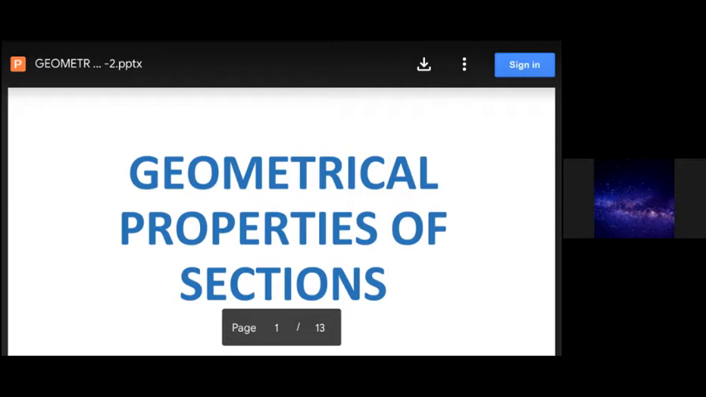Today's topic is geometrical properties of sections. In the previous session, we already started this topic and we discussed some terms and solved some problems also. In the last session, we discussed what is geometric, what is center of gravity, what is centroid, and the difference between center of gravity and centroid, and the standard